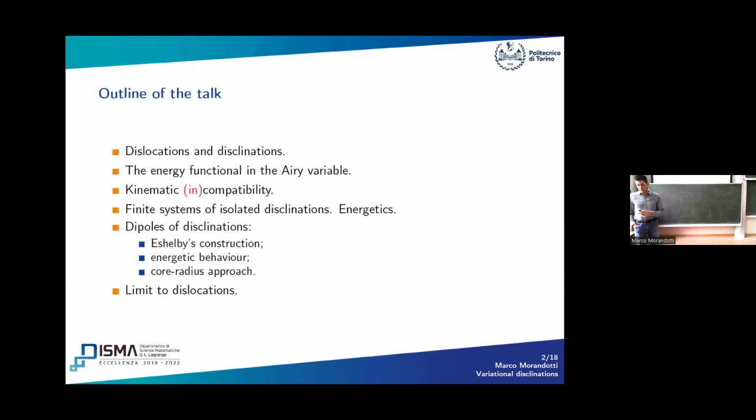And then I would like to start describing a system with finitely many disclinations that are isolated, so they are suitably far apart from one another in a way that they sort of don't interact or don't get too close. And for this, we will write down energetics. And then after this, I would focus on one specific case, which is a dipole of disclination. So in that case, they are very close to one another. And then the dipole collapses.